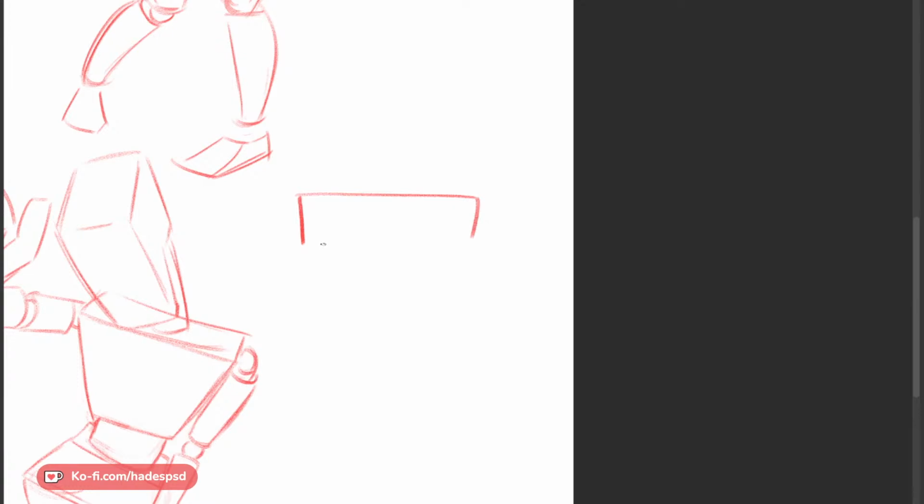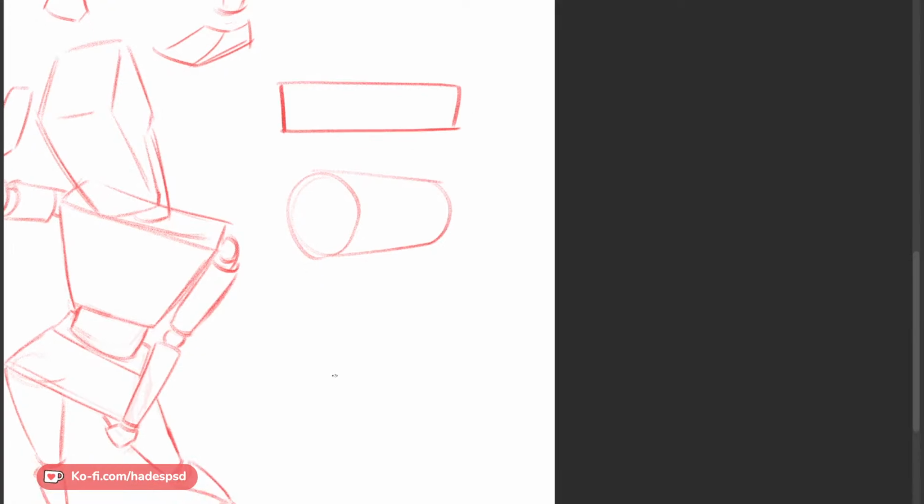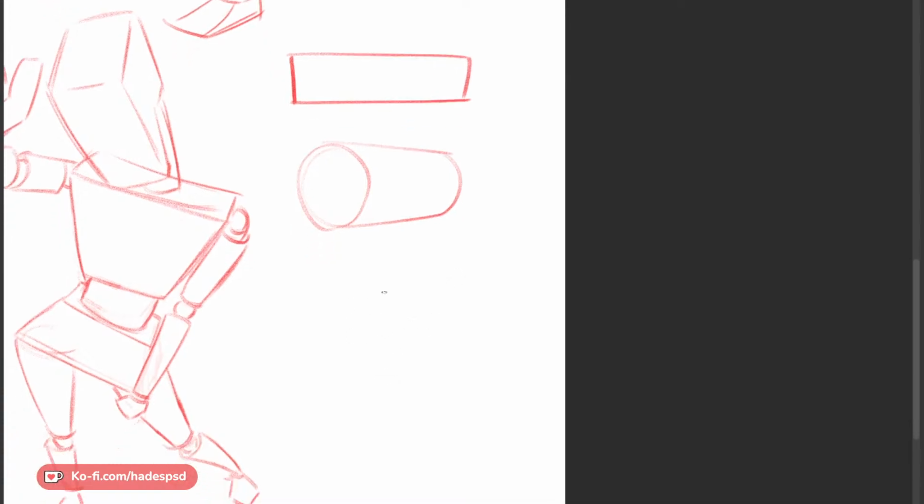But foreshortening is just, let's say, this is a cylinder from a side view. And then here's a 3/4 view maybe. And when we say something is extremely foreshortened, let's see if I can draw it. Like this.